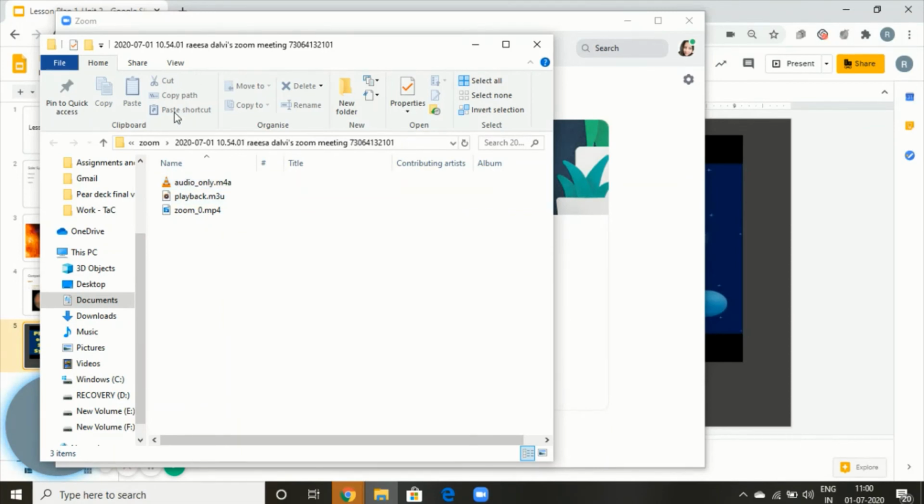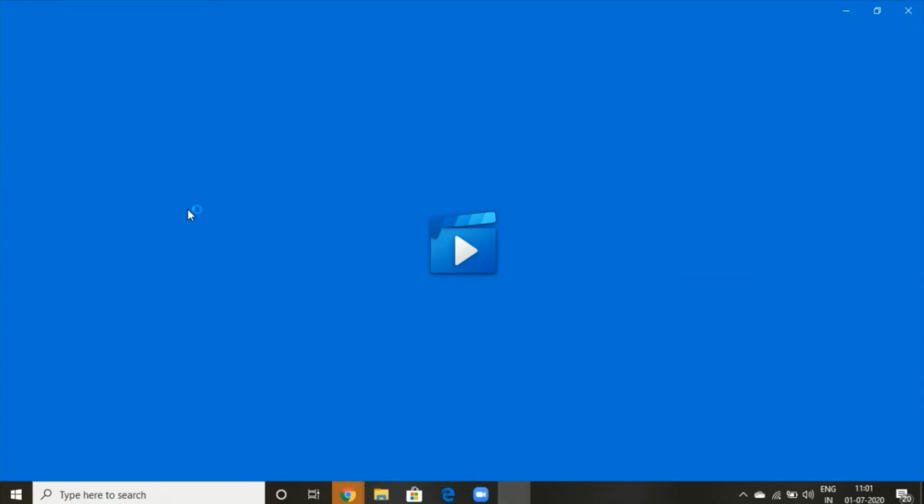Now over here, this will automatically pop up in your Zoom account. Over here, it is saved in my Zoom account under the documents folder. And if you see, there are 3 kinds of files that are generated. One is an audio only, where it has only recorded your voice. One is a playback, which means that it's only recorded your video without any sound. And then there's this MP4 file, which is actually your video lesson. So I'll open that to see if my video lesson has actually been generated properly.